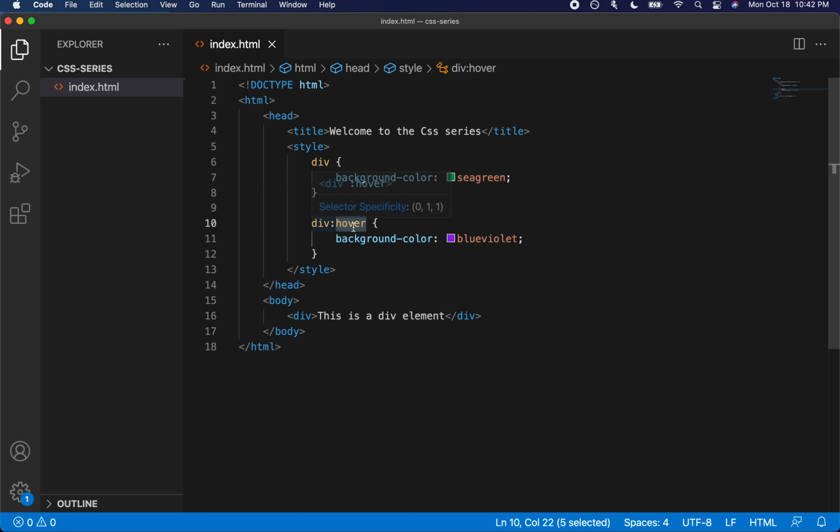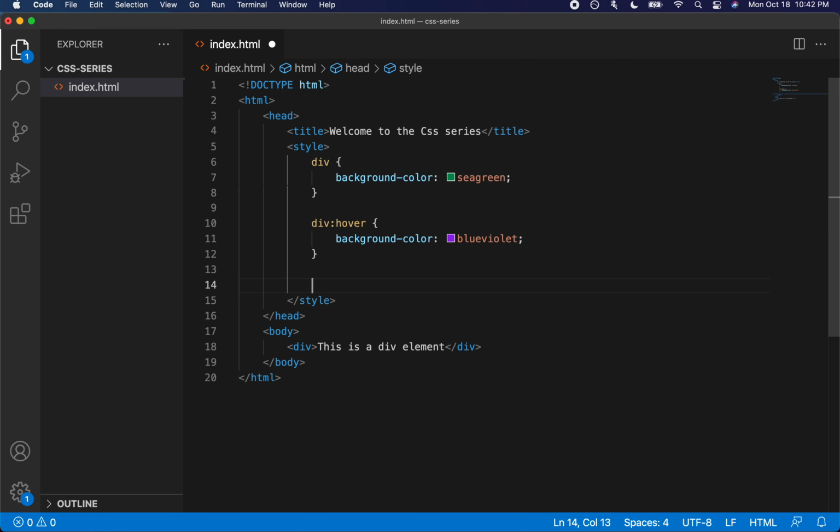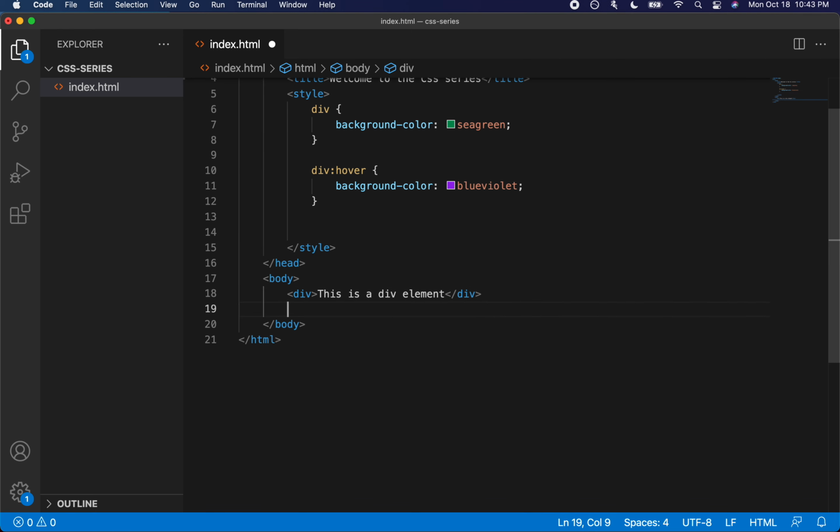So a pseudo class defines the state of an element. It could be hover or others, and these pseudo classes are specific to the HTML element type. For example, there is another type of element, which is the link element. This is the most commonly used example for adding pseudo classes.